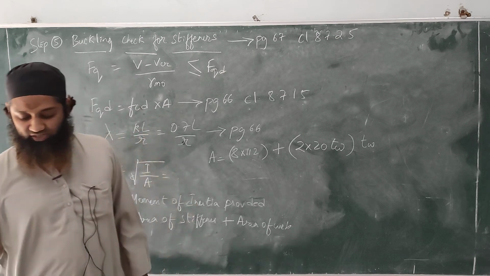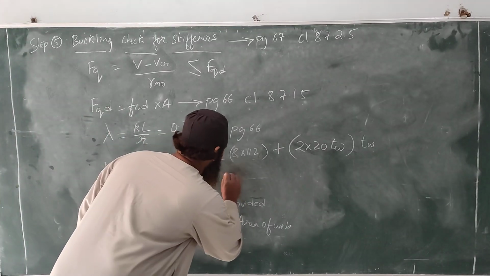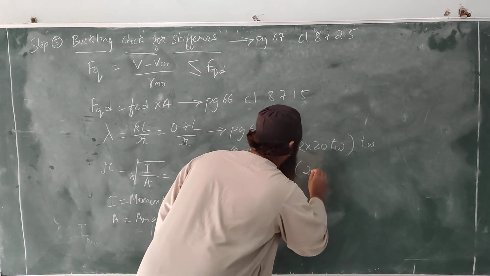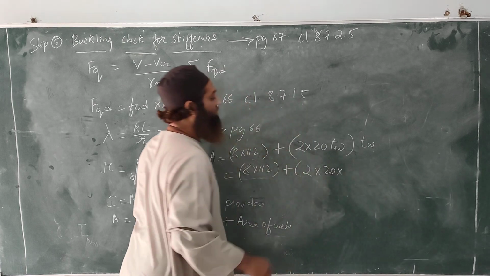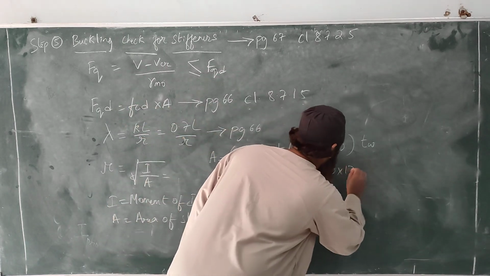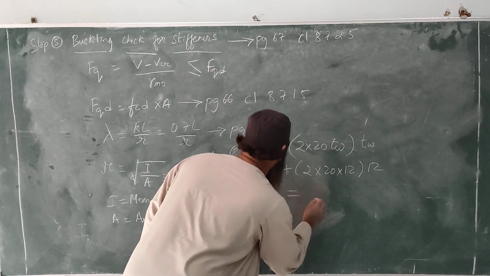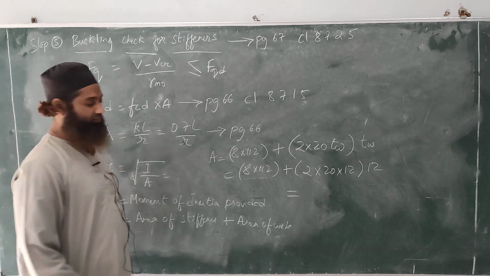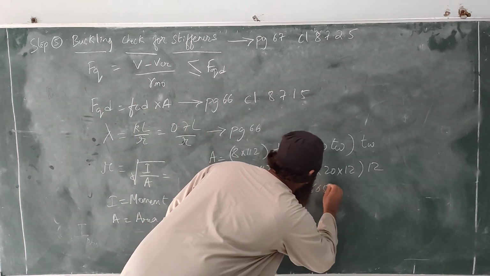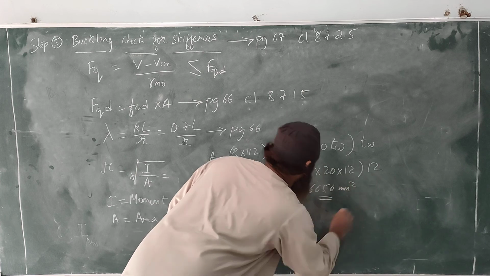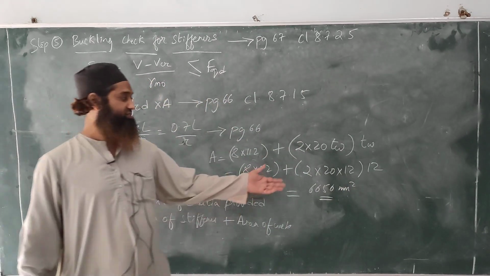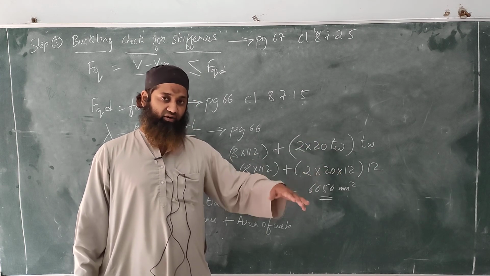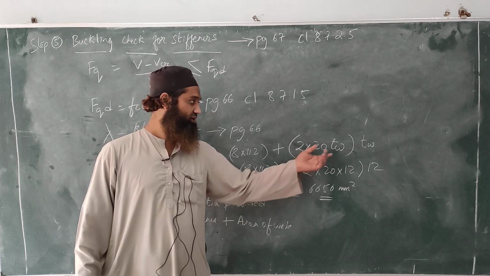I'll just substitute these values, then you can understand this. So it is 8 into 112 plus 2 into 20 into the thickness of the web. The thickness of the web was 12, so into 12. After substituting these values, you can just calculate. I've got it as 6656 mm square. This is the area I'm getting. From the clause it says it should be 20 times the thickness of the web, and how much side? Two sides of the web, both the sides of the web. This should be calculated into area.